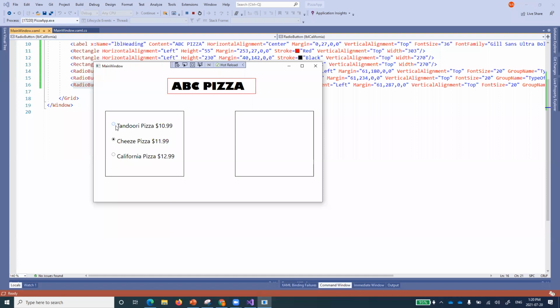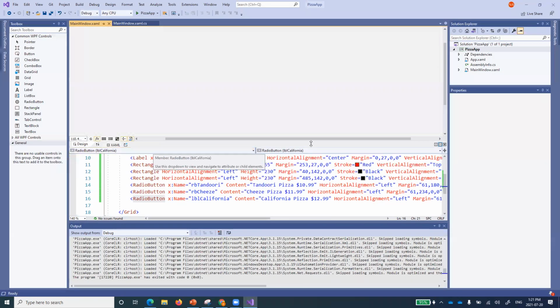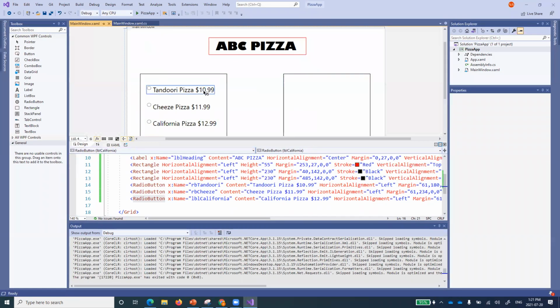Either name will get selected at a time. Okay, so yes, Abhinav, here whatever you will select will be that selected radio button, and we'll handle that in code, which one is selected, right? So if I select cheese pizza, my code will see what is selected, right? So I'll handle that through the code. Okay. So far, so good. We have created our 3 types of pizzas that we have, right? So that we offer.